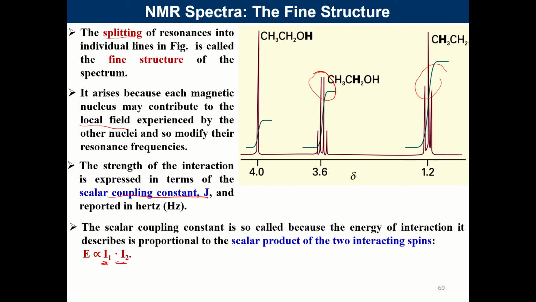So it is the dot product of the two interacting spins,